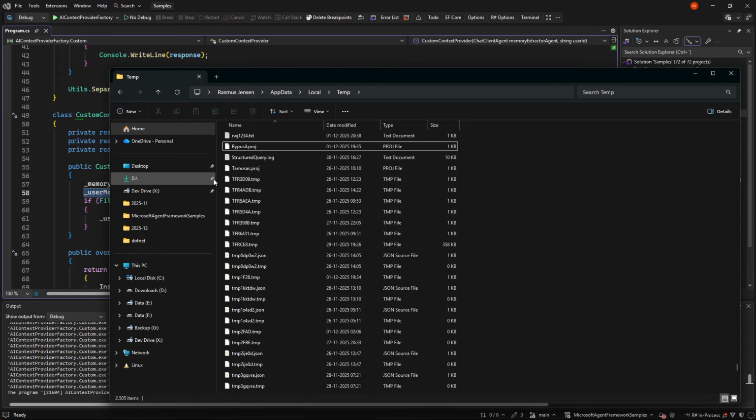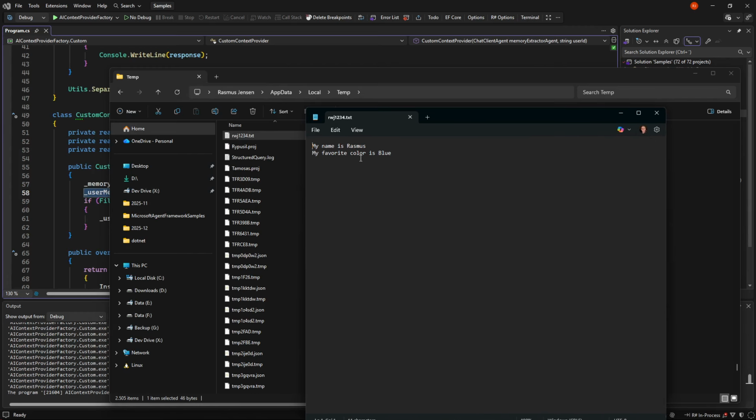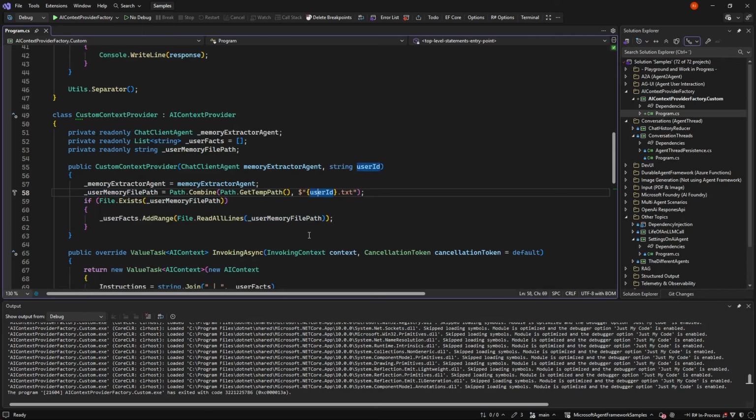If I look at my temp folder, there's actually a file here with my memory, which is the two things we had. This is just, of course, simulating some kind of data store. It could have been a database, a blob storage, or whatever we wanted to save this in. But in our case, if we find a file, we add that as user facts to this custom context provider.